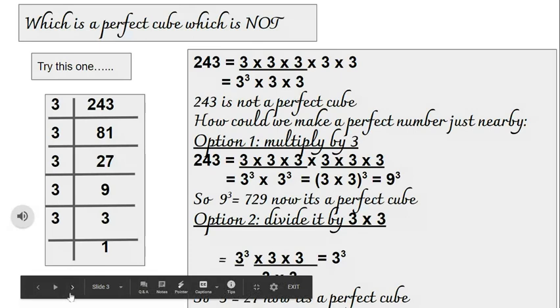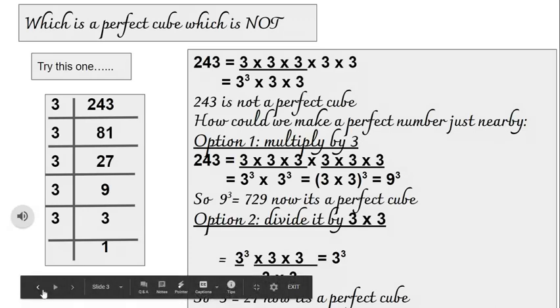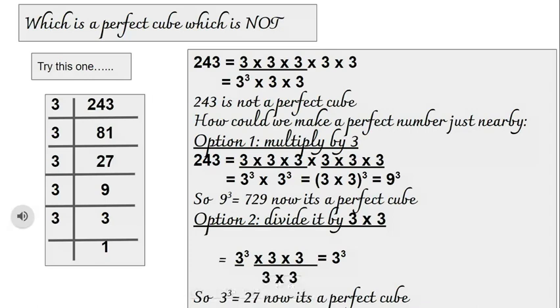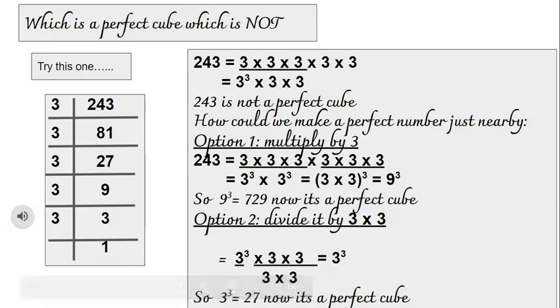Remember? Same way means which is the smallest number multiplied by the given number to become a perfect square. Same way, which is the smallest number by which the given number is divided to make it a perfect square. Same way we are doing here also. But there that was a square because we have to make pairs of two. So the remaining pair means only one number is remaining. So we have to multiply one number with the given number, isn't it?